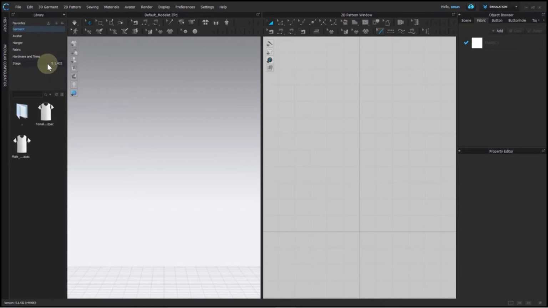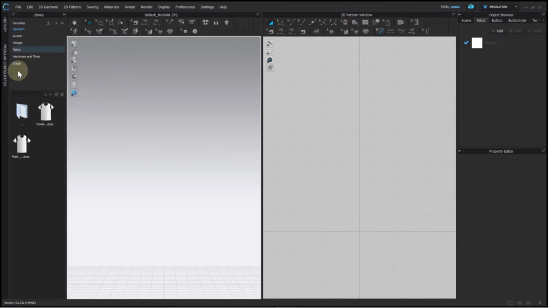If it hasn't come back yet, then we have other methods too. But before that, let me tell you that you can rename your folder name from here, and also there is an option to copy its location if you have to find that outside of CLO.